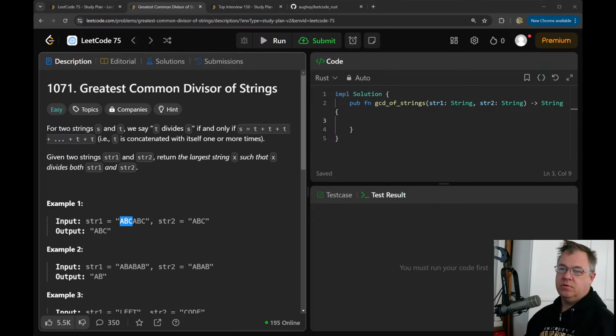So, grow returns permutations of S, where S goes from length 1 to length s.len. For example, s equals ABCD returns A, AB, ABC, ABCD.